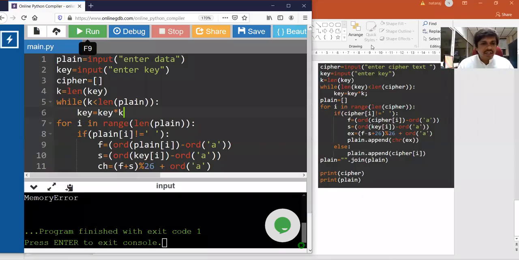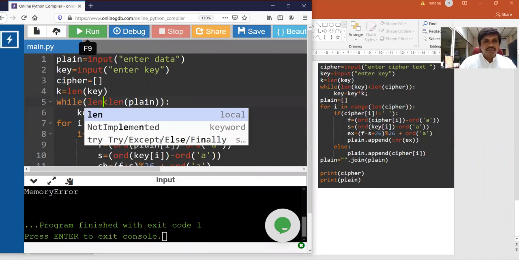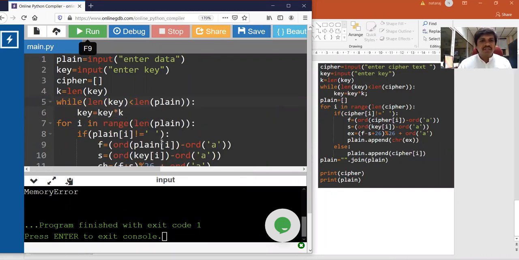So it's a memory error. What we'll do is, here the key needs to be updated every time. So let me make it length of key. If length of key is less than length of plain, then key equal to key into k. Because every time the key is being updated, no? So it should be length of key, not k.